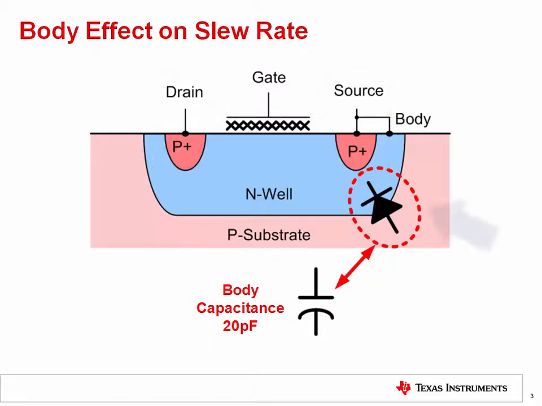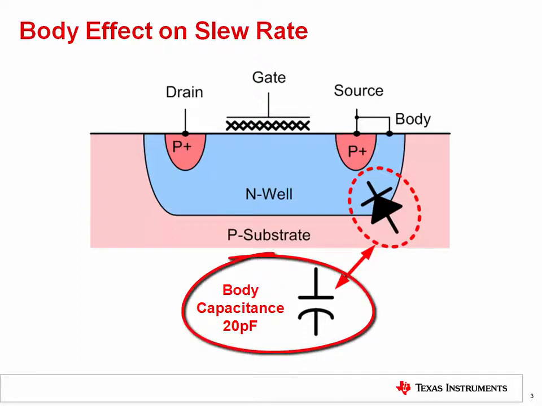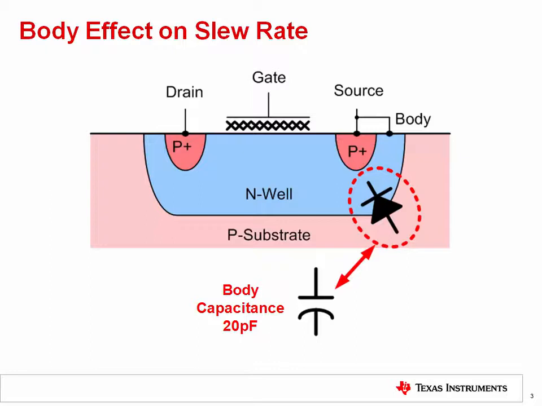A diode is formed between the body and substrate simply due to the existence of a P-N junction. The diode is normally reversed biased and has some amount of internal capacitance. Changing the common mode voltage, which is the voltage across the P-N junction, will affect the amount of capacitance since the P-N junction's depletion region width will change.